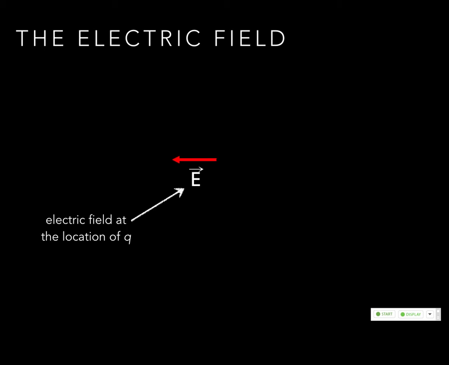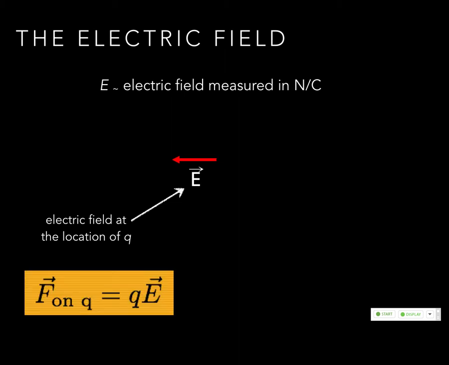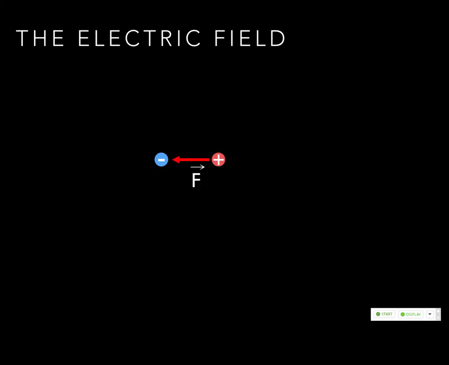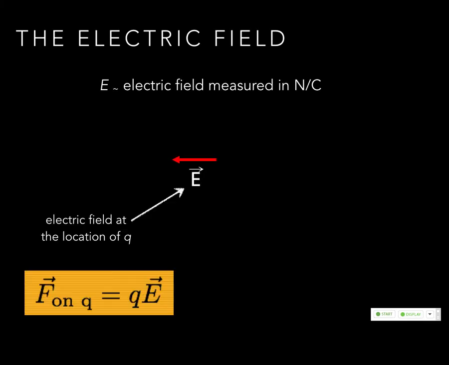And that way we can interchange the charges. We can do this for any charge. Once we know the electric field, we just throw the charge back in. Okay? So an electric field is measured in newtons per coulomb. So the amount of force you get per charge that you put in there. All right? And so, if you want to go back and forth between force and field, it's actually pretty straightforward. Really, the electric force is just the electric field times the charge.